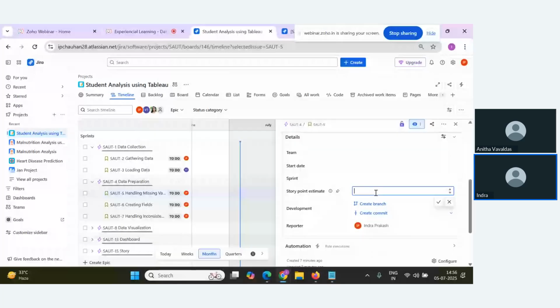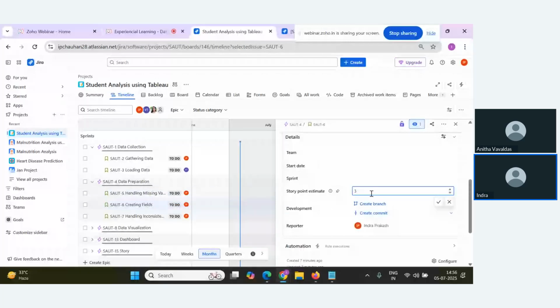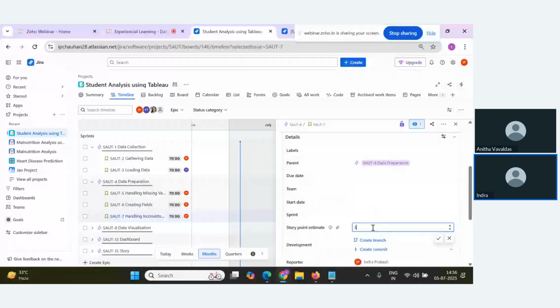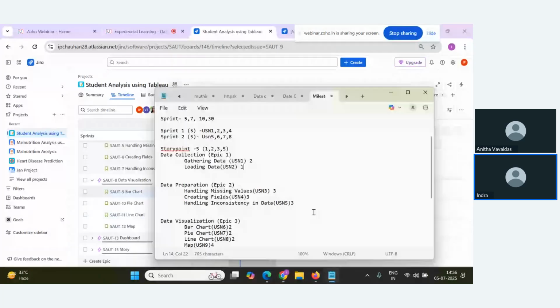Similarly, the second one also, creating fields, story point 3, hit enter, and handling missing values, inconsistency in the data, also story point I'll give here. And hit enter. After that, data visualization we have. Expand data visualization, bar chart. How much have we given for each one of them, 2 to 4, right? Let's give here,